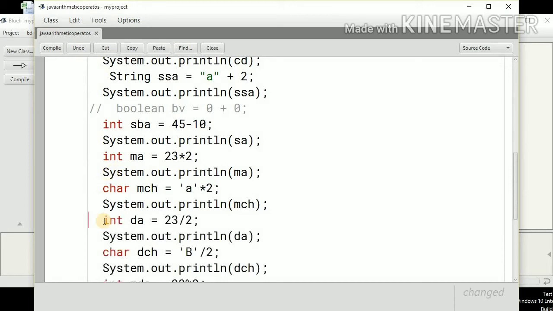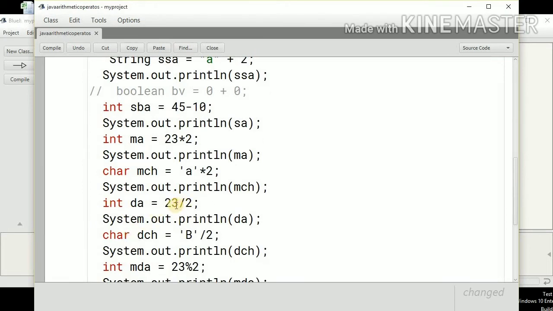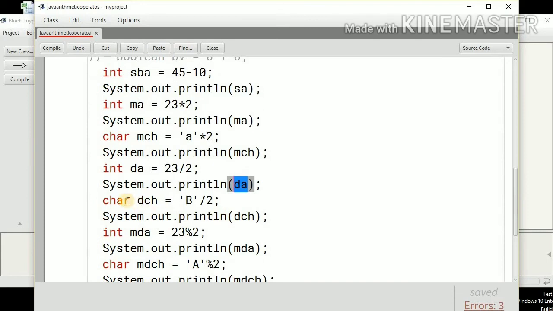Now let's talk about the division operator. The division operator can be performed on integers, characters, floats, doubles, on any. While we divide, let's say 23 by 2, the quotient will be stored into DA. So if we divide 23 by 2, we get two values, one quotient and one remainder. So the quotient should be 11 and the remainder will be 1. So in this case, we will get 11, that is the quotient. If the division is performed with a character, the same rule applies.